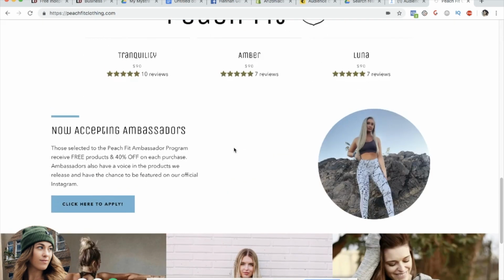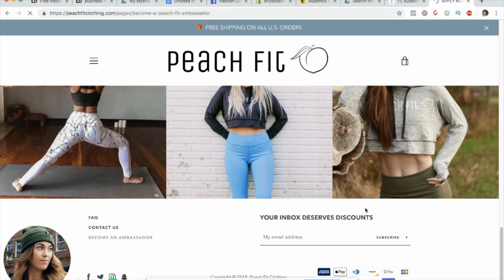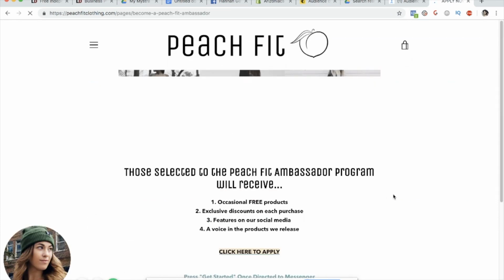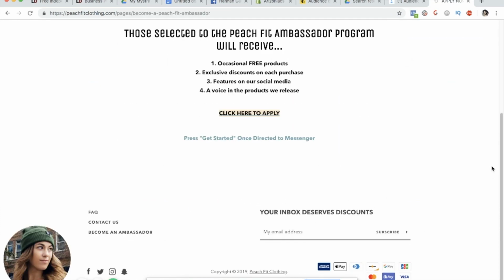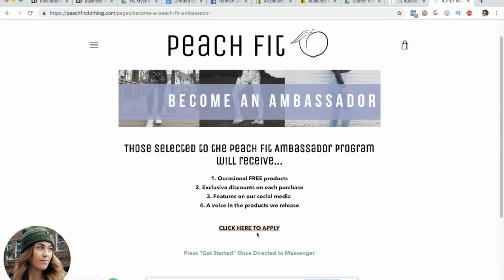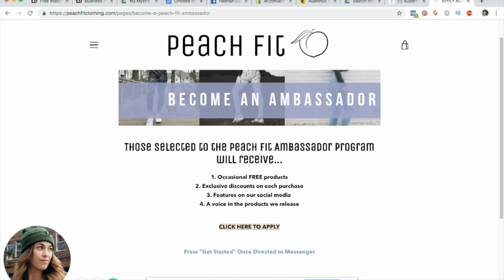On this website here, there's a Become an Ambassador page. This is like a little hack if you want to have an ambassador program. Basically, when you click this button here, it gets them to subscribe to the chatbot. You can make a chatbot sequence, or use a chatbot tool, to get people to subscribe and make it in the form of buttons. I explained this in my chatbots video.